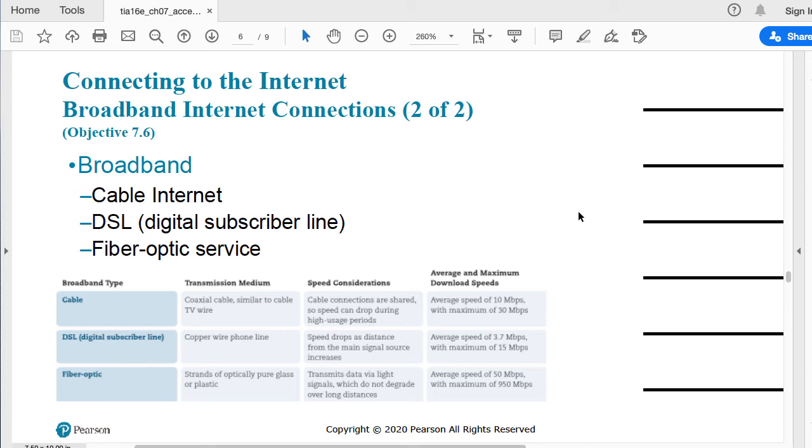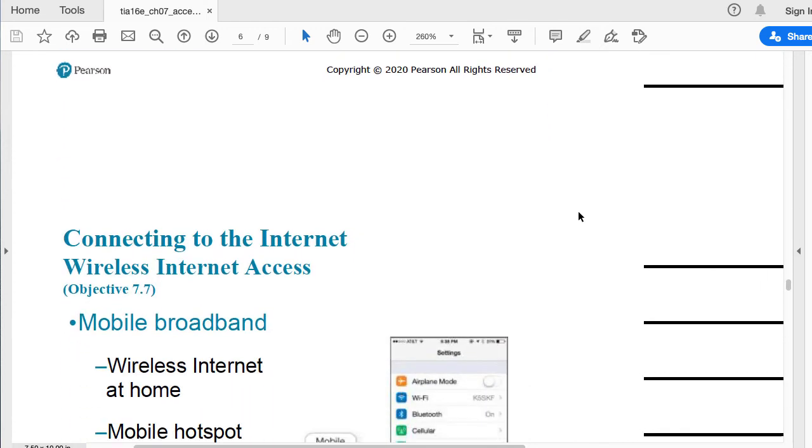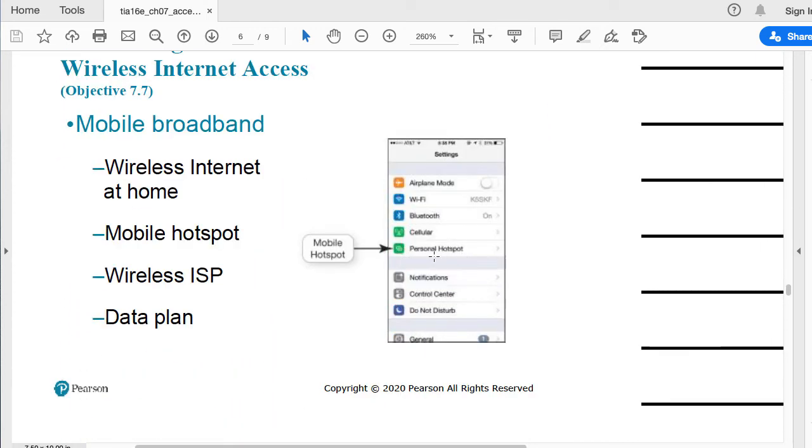But these are some solutions that we had: cable, DSL, fiber optics. Right here, so you can use your smartphone as a personal hotspot. You can use your 4G, 5G connection to broadcast connectivity to the devices that you have in your home. And at least in an iPhone, this is how you do it.